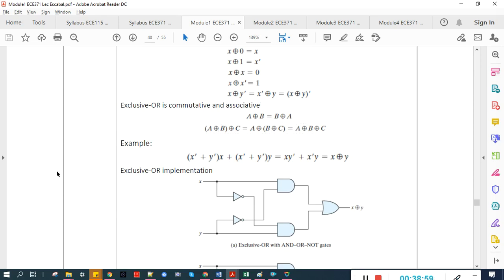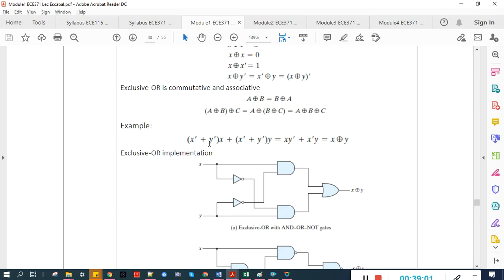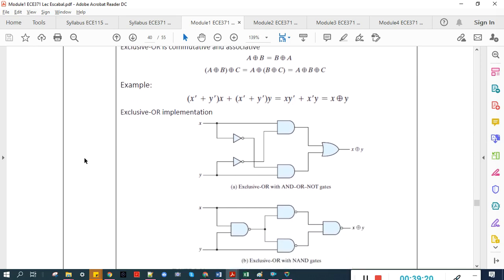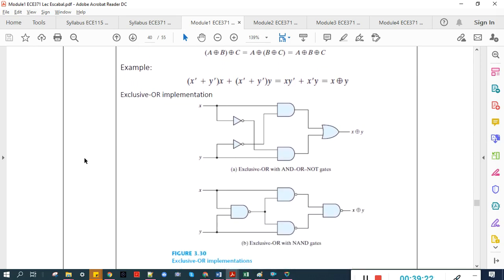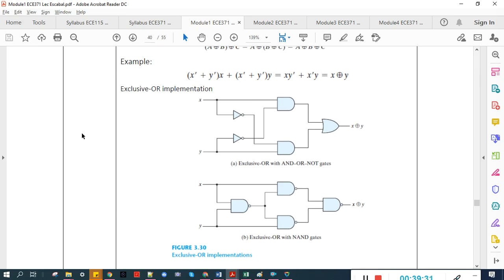For example, x prime plus y prime times x plus x prime would be equal to, yeah, this is not a clear example. Anyway,